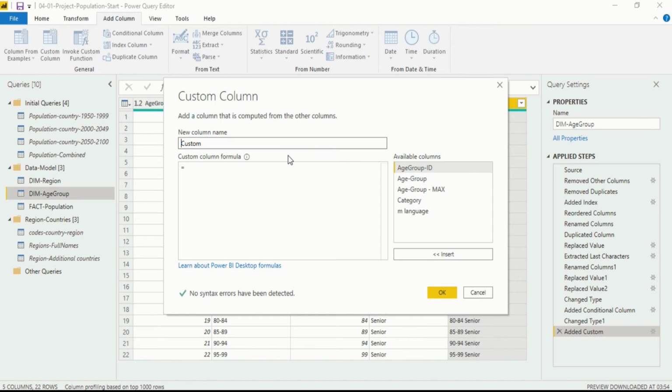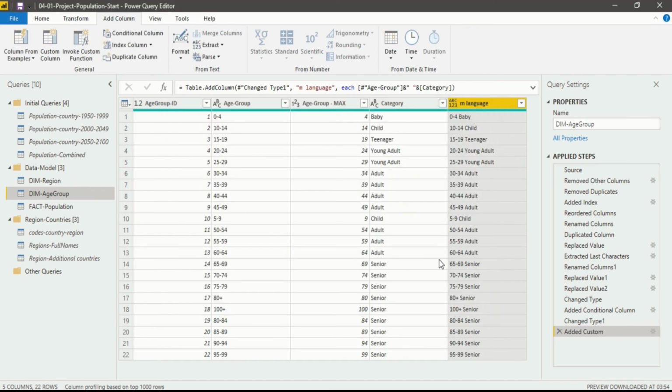The formula is made by Power BI itself. I have just given the column and the order that this should be done. The whole M language is written by Power Query Editor. So cancel it, and do remember that this is not the complete code I have written. I have written only this much code, and the rest is already written by Power Query Editor.